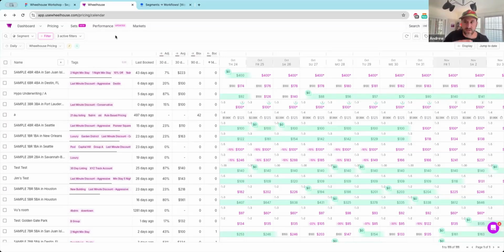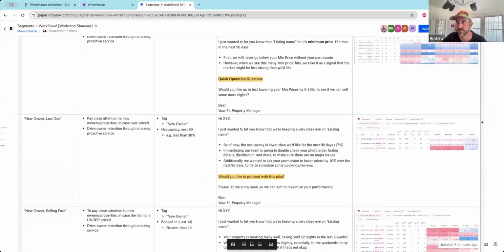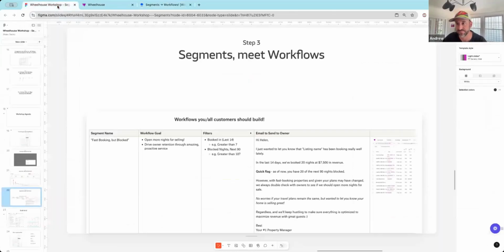There's other things, such as, you all might know, there's dynamic sets out there. Well, we think you should be able to bring in the metrics from your dynamic set in here. And maybe you want to see properties where, show me all my properties where my dynamic set is really booked out and we're not. So there's a mix of data capabilities that we want to bring here for you to be able to create whatever segments you like and build workflows for your team off of those, hopefully saving you a ton of time.